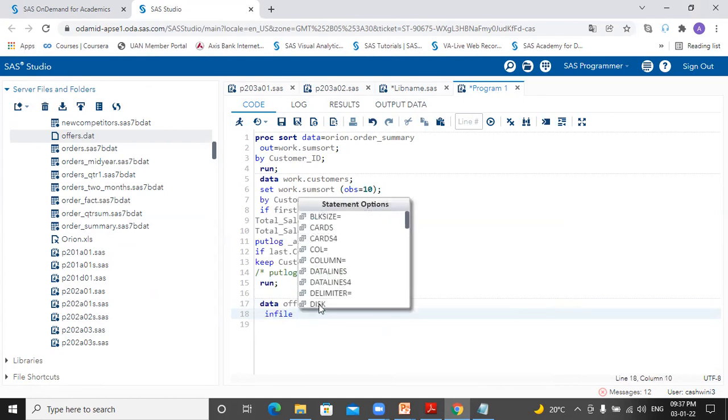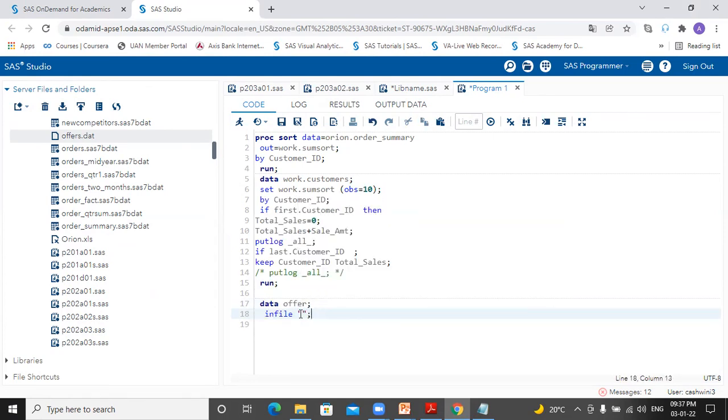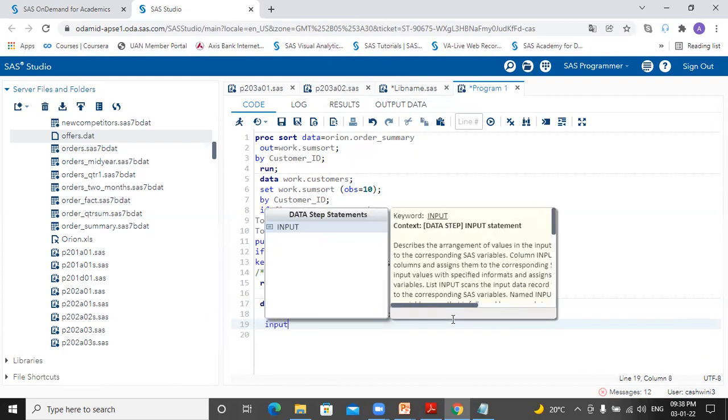So we are going to give infile and we are going to give the path where this raw file is saved for us along with its extension. So instead of writing a set statement, we are giving an infile statement. Infile means read the file into your SAS environment from your external path wherever your raw file is saved. So we are giving the path it is saved in and the name of the file along with its extension, and we are going to give the information to read the columns with the help of the input statement.